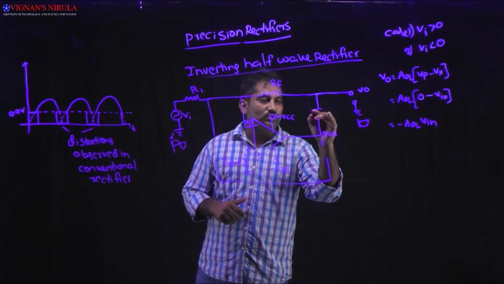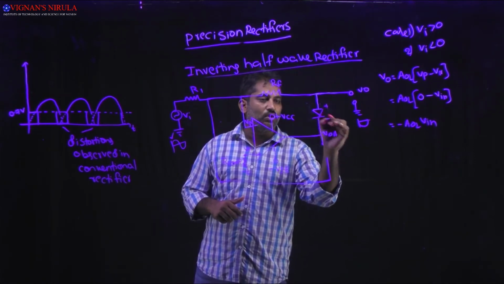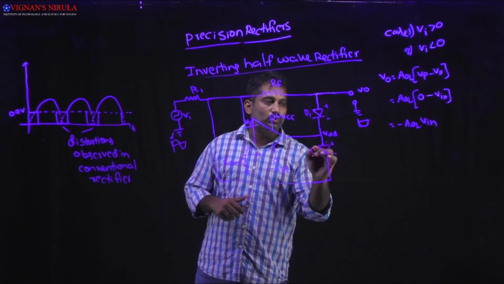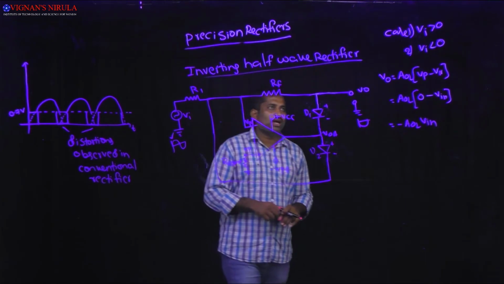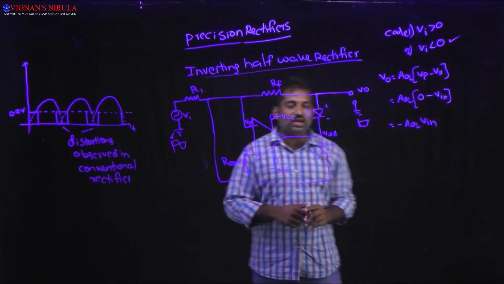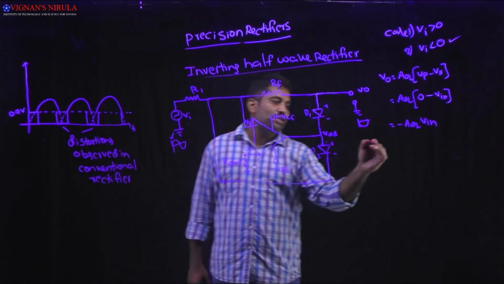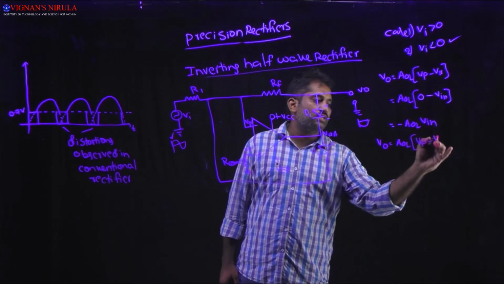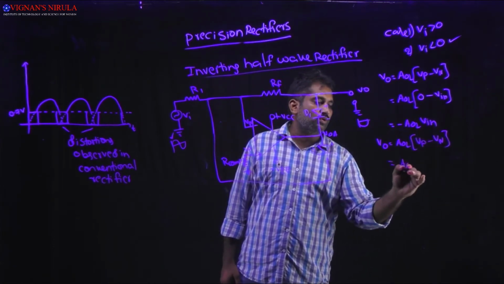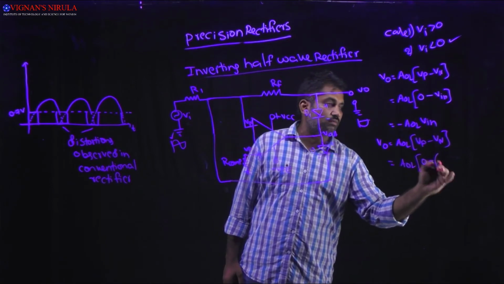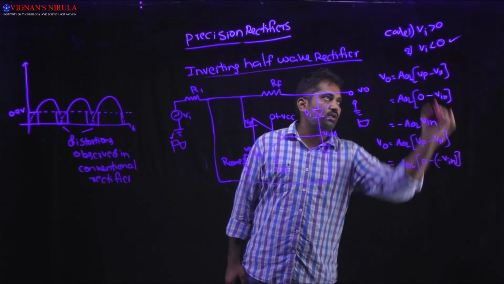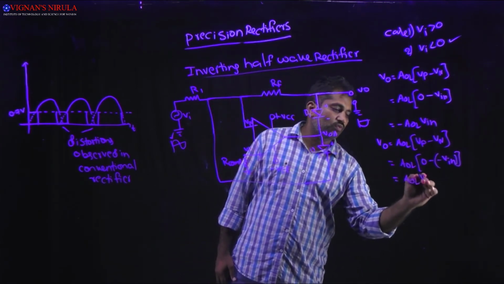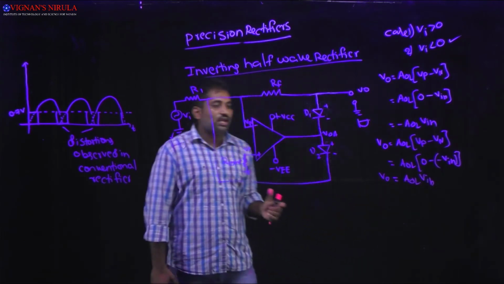What happened for case 2? Once again I am going to consider the diodes. Diode D1 in this case, and here I am considering diode D2. Okay, now I am applying case 2. What about case 2? Vi is less than 0. When Vi is less than 0, V naught is equal to A naught L into Vp minus Vn. So which will be equal to A naught L into 0 minus Vn. Why? Because here we are considering Vi is less than 0. So we may get A naught L into Vn. So V naught is equal to A naught L into Vn.